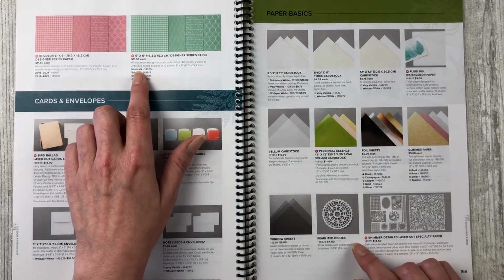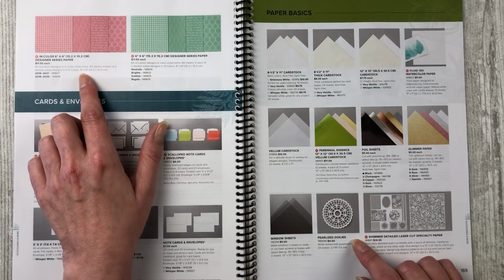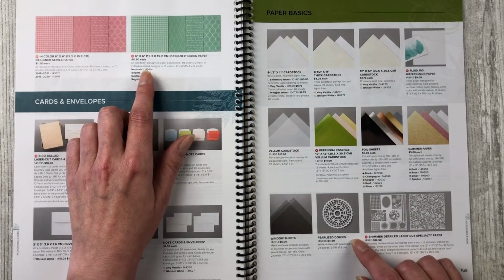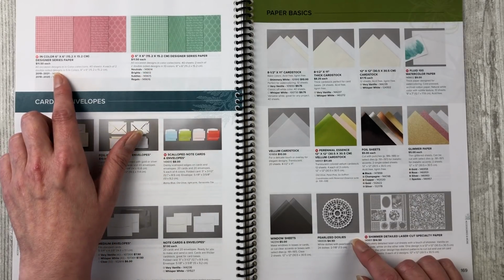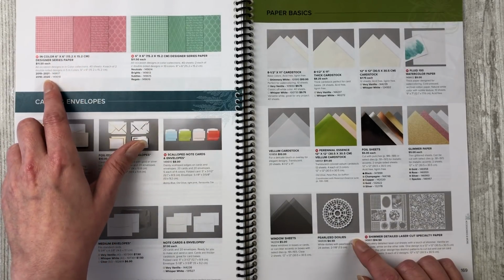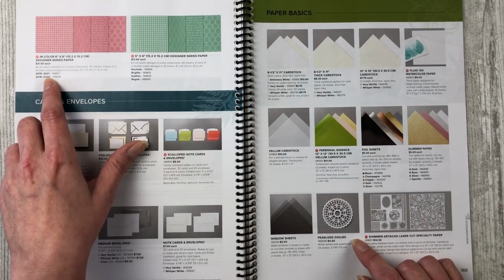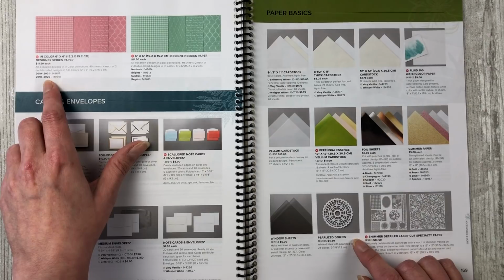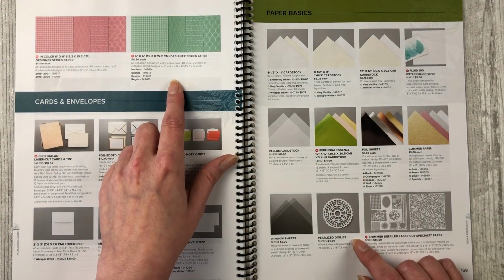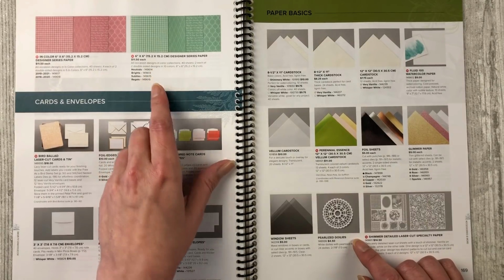And then, of course, for all of the in colors, you have some different Designer Series paper. So this is the pattern for the in colors. This is what it looks like. And you can order the designer paper in the colors from last year, or the colors that just came out this year. And then you also have the same patterns of paper that you can order in any of the other color